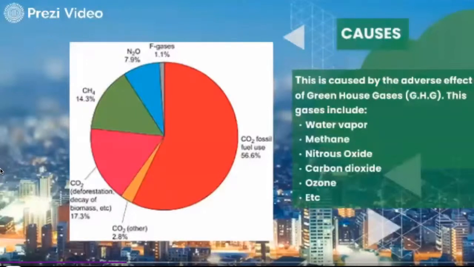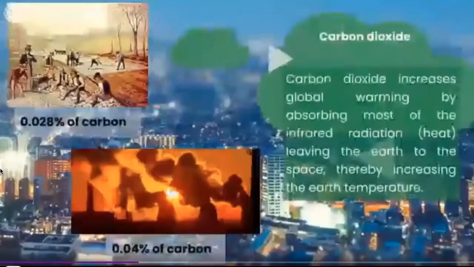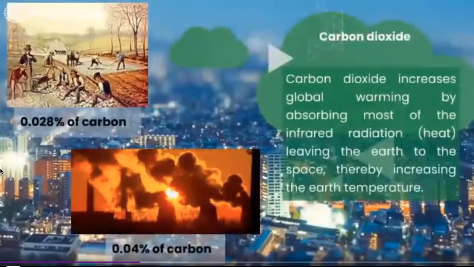And from the graph, you can see that carbon dioxide is one of the potent greenhouse gases, leading to about 56 to 60% of the global greenhouse gases being emitted. And therefore, we look at what is carbon dioxide and how does it increase the greenhouse gases, how does it contribute to global warming. Now, carbon dioxide, as we know, contributes to global warming because it has the ability of